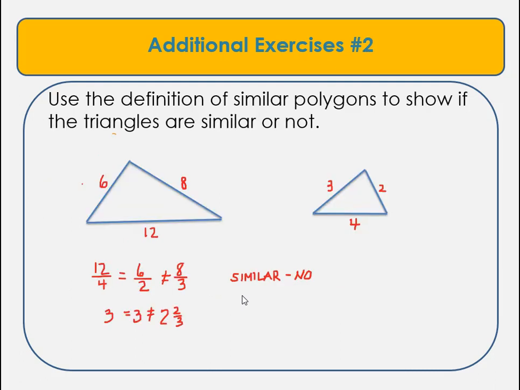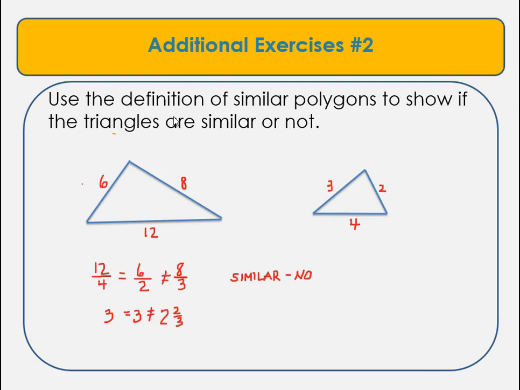Here's another exercise with two triangles. Use the definition of similar polygons to show if the triangles are similar or not. So we don't have any angle congruency here, but we do have sides. So let's go ahead and set up the sides best we can by looking at their shapes. So let's start with the bases, and we'll take the larger triangle to the smaller triangle. So 12 to 4 equals 6 to 2,